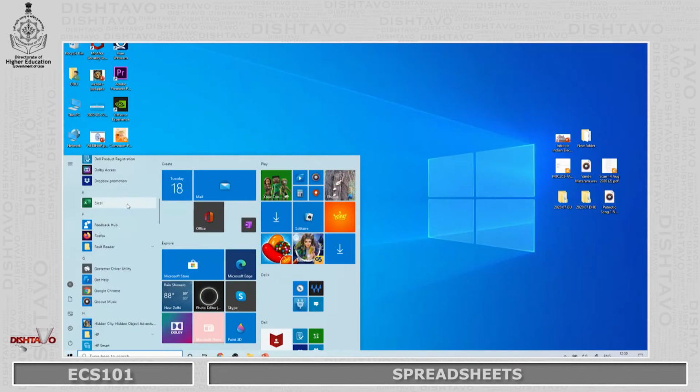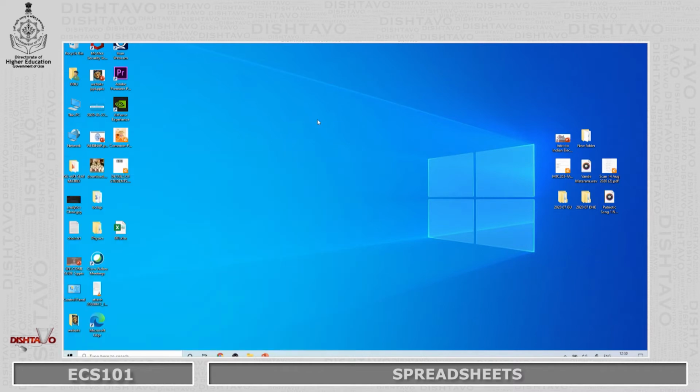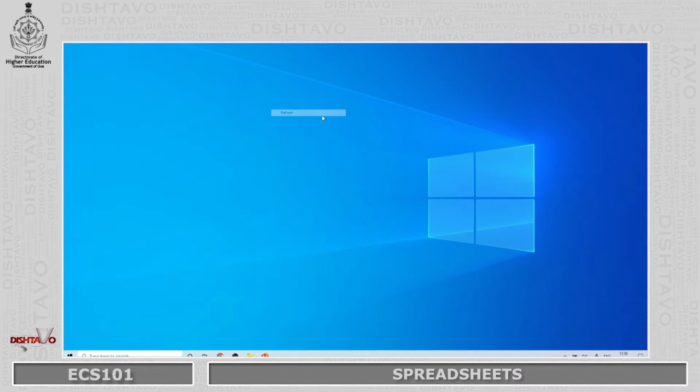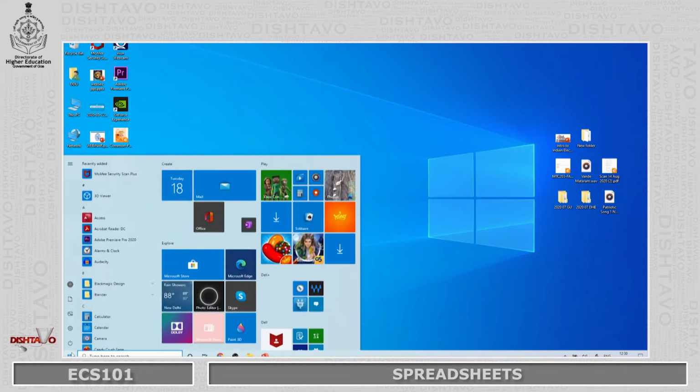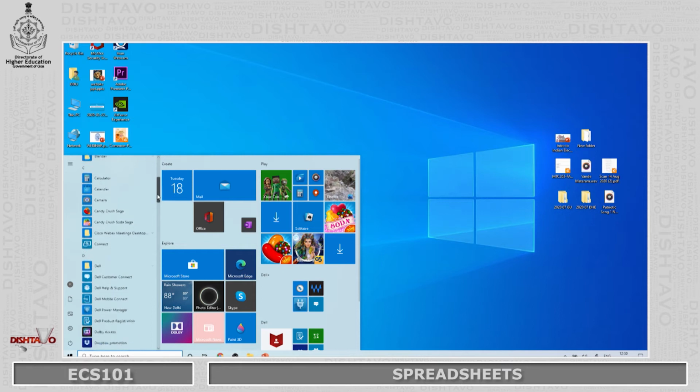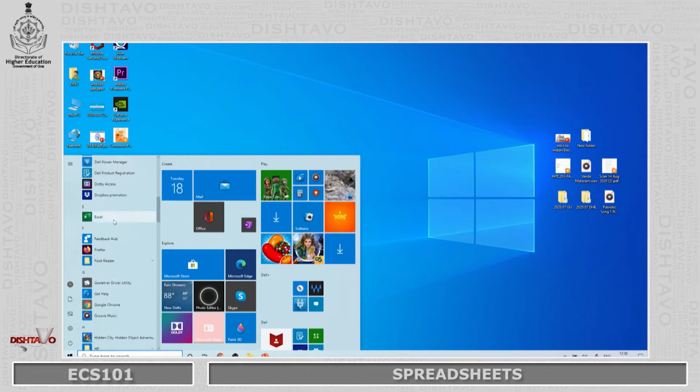So as you can see on the screen, this is the basic layout of Windows. This is generally how Windows looks, irrespective of the version you are using. We go to the start button, or if you have your Microsoft Excel application on the desktop, you can also double click that option. So I'm going to my home button. Now I'm browsing for Microsoft Office. Here I found this is the Microsoft Excel.